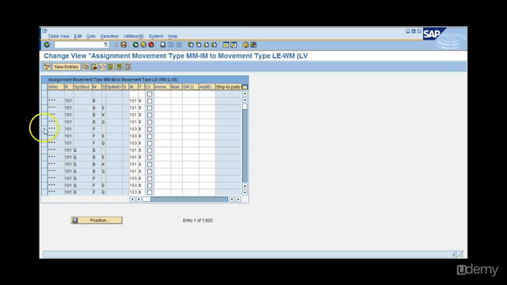But if you want something specific to your warehouse, then you can always copy that particular movement type and change the star star star to your own warehouse. At this time, what we see is a 101 with a TR creation